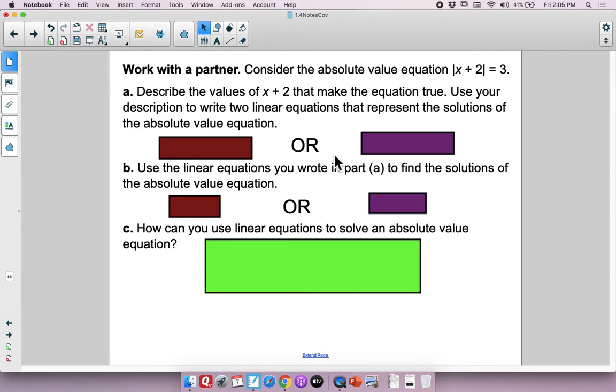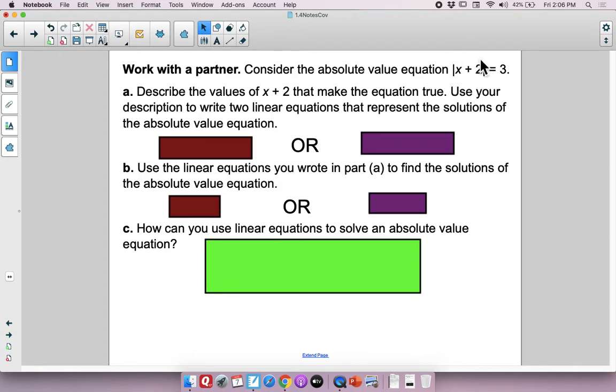Try that. All right, so what would be the solutions? Well, I know that this side is going to have to equal 3. And I know when I take the absolute value, it's always going to be a positive. So let's see, if x was 1, 1 plus 2 would be 3, and the absolute value of 3 would be equal to 3. So that would be one of them. So the other way would be if I could get this whole side, or what's in the absolute value, equal to negative 3, right?